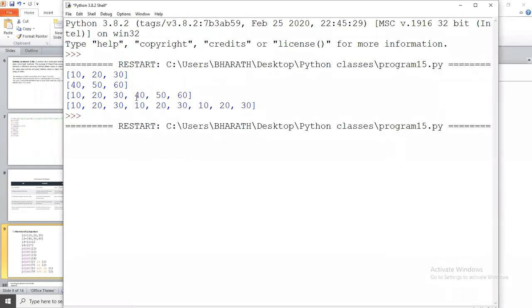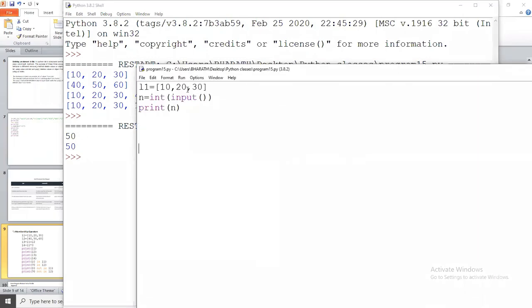Now I want to enter 50. If I press enter, it checks whether 50 is in the list or not. If it is available, it displays the message available in the list, otherwise not available in the list. Okay, so how can we check that? If n in L1, that's it. If n in L1, then you are going to print